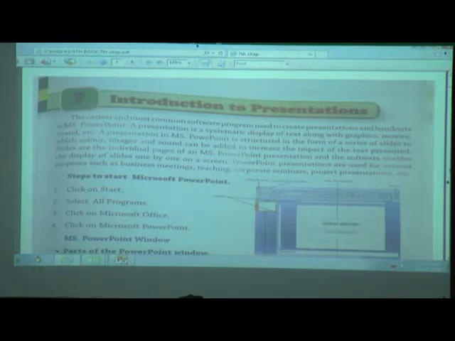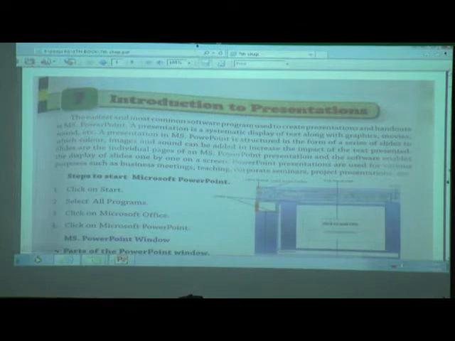The easiest and most common software program used to create presentations and handouts is MS PowerPoint. A presentation is a systematic display of text along with graphics, movies, sound, etc. By using a presentation, we can take graphics, movies and sound also.